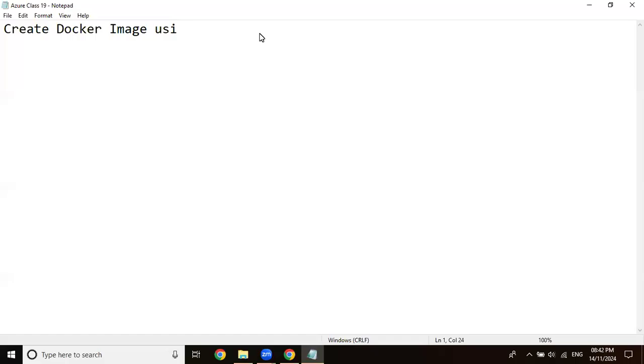Create a Docker image using Azure DevOps. You know, right? Yes, sir. Guys, are you able to follow me? Yes, sir. First, what you need to do, you have to create a